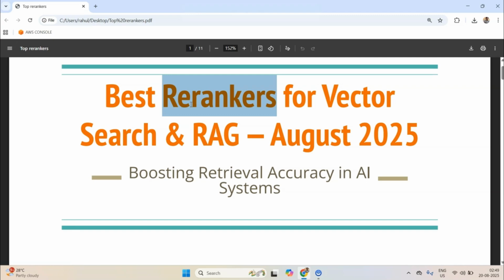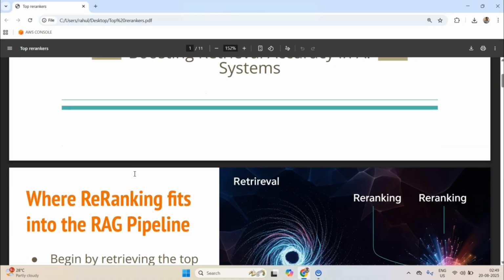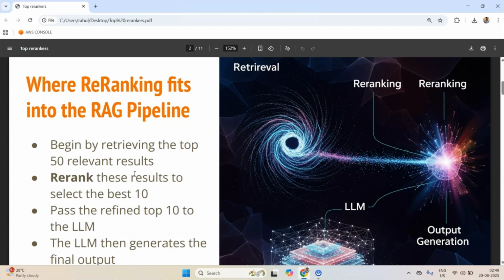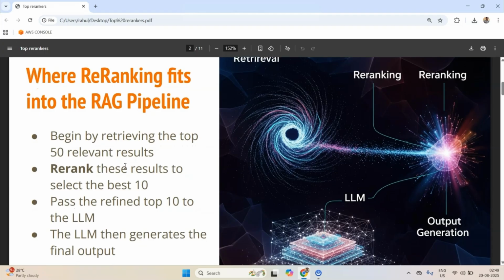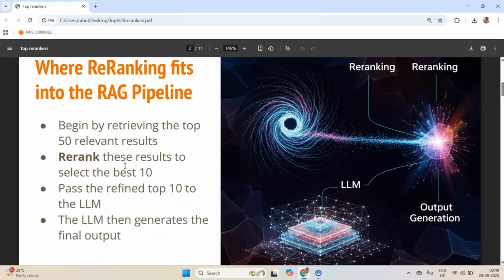And I'll also try to answer some of the questions around how you can pick the right one for your projects. So essentially, before we even start anything, I think I need to spend some time making sure that all of you are on the same page in terms of understanding where re-ranking fits into the whole RAG pipeline.